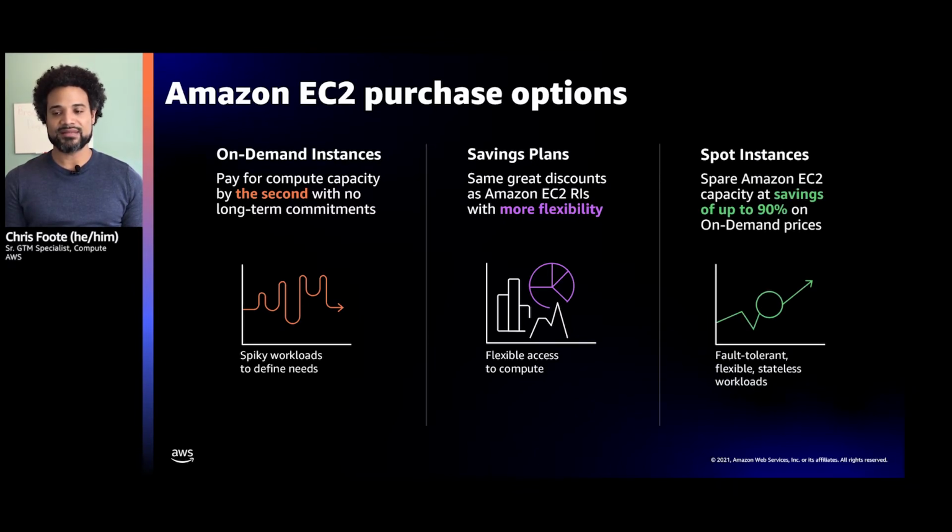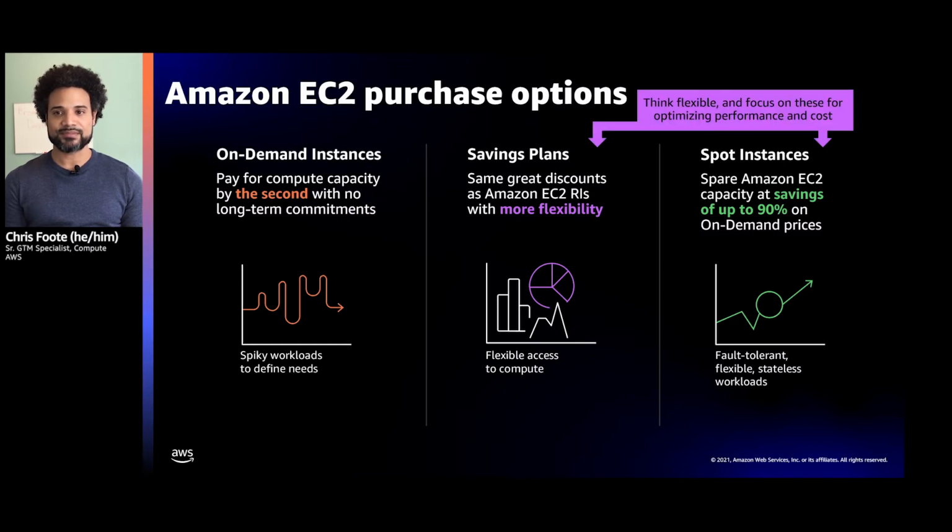And then there's Spot Instances. So Spot leverages the unused EC2 capacity. It also has the same pay-as-you-go pricing as on-demand instances, but can potentially come at up to 90% off of on-demand. Spot is best for stateless or fault-tolerant workloads, and we ask that customers be instance flexible when leveraging Spot, just because the more instance flexible you are, the greater chance you have of achieving and maintaining large amounts of Spot capacity.